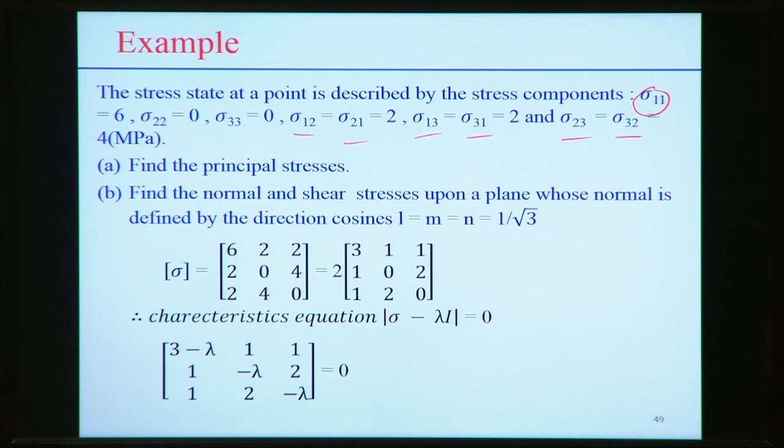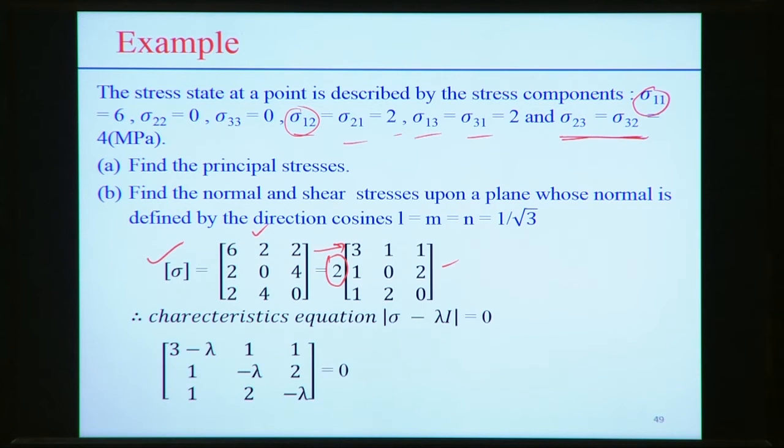Now what is the state of the stress? The state of the stress is defined like that. We are putting the components following some notation here. If you see the nature of the stress tensor, it is symmetric, because the shear component 12 and 21 are the same, 13 and 31 are the same, and 23 and 32 are the same. So we define that as the stress state. Now if we take this multiplier 2 as common for all the components, we can represent it keeping the 2 as a multiplier. So it is very important to be careful to use this.